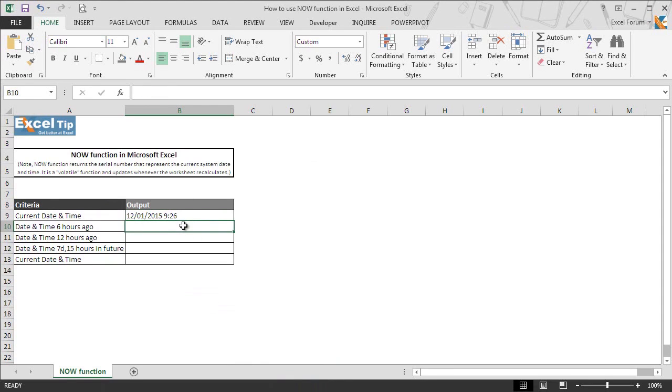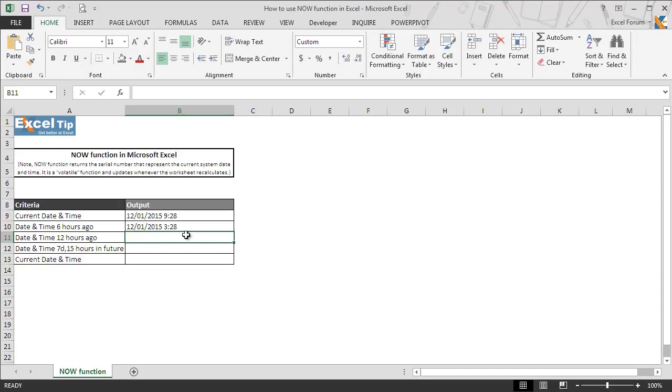So we enter the NOW function in cell B10, hit Tab to complete, and then close the parenthesis. After that, we put a minus sign and then enter 0.25, which represents the time 6 hours. As we know, in Excel, times are stored as decimals between 0 and 1, which represent the proportion of the day. Or you can also enter the time calculation formula, which is 1 divided by 24 multiplied by the number of hours you need, and as we need to subtract 6 hours here, we type 6 in the parenthesis and hit enter.